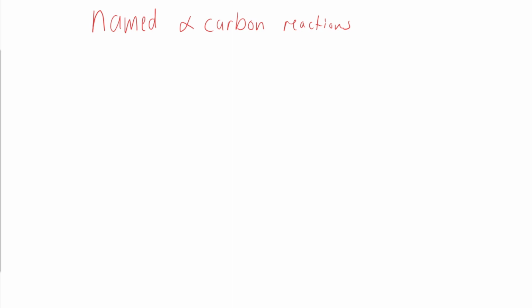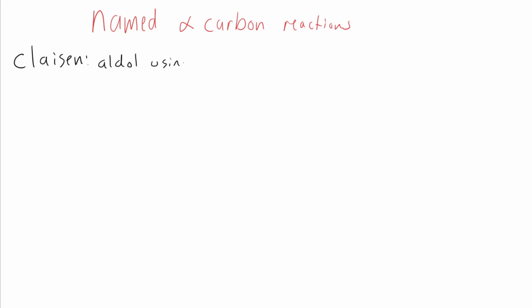Today's video, we're going to just talk about the named alpha carbon reactions, the ones that you need to know by heart, by their name and the reagents that they use, and the products that they're going to form. The first one that we're going to talk about is the Claisen reaction, which simply put is an aldol reaction